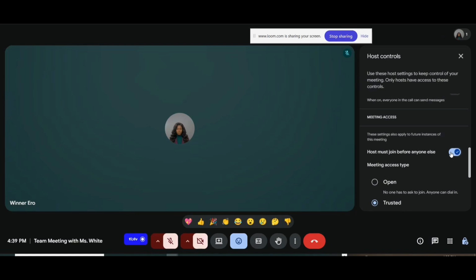But in most cases, it's not really so. Just take for instance now, I'm not at home, I fell sick or something happened, my phone is stolen. No one will be able to join this meeting if I'm not there. So I don't want something like that. So I turn off this part and I click on this place that says